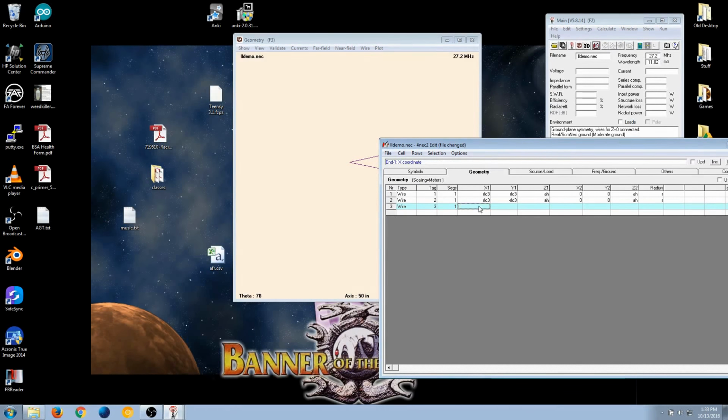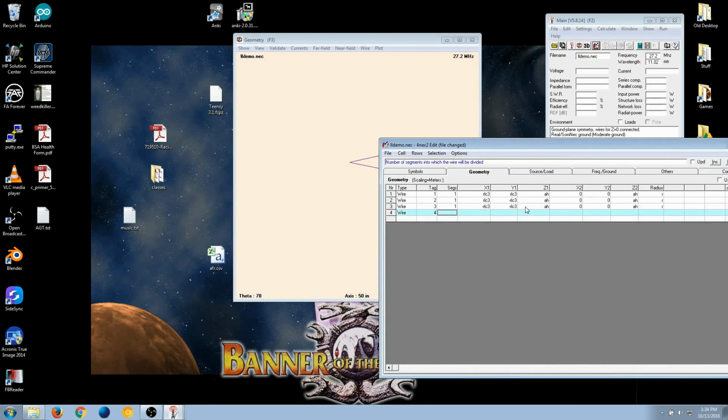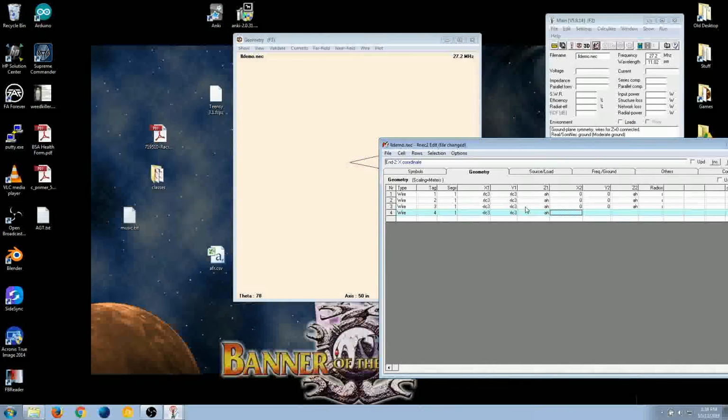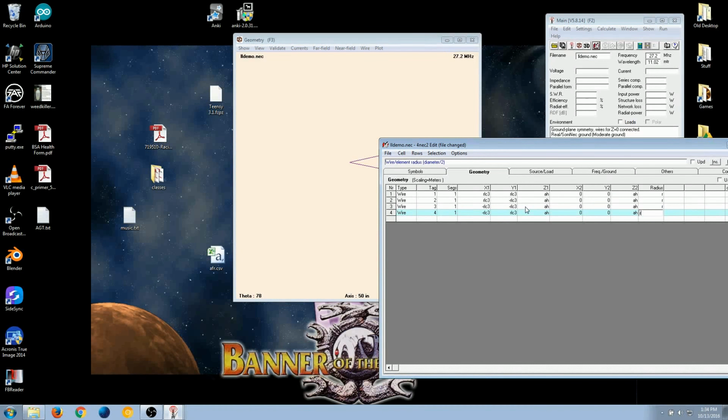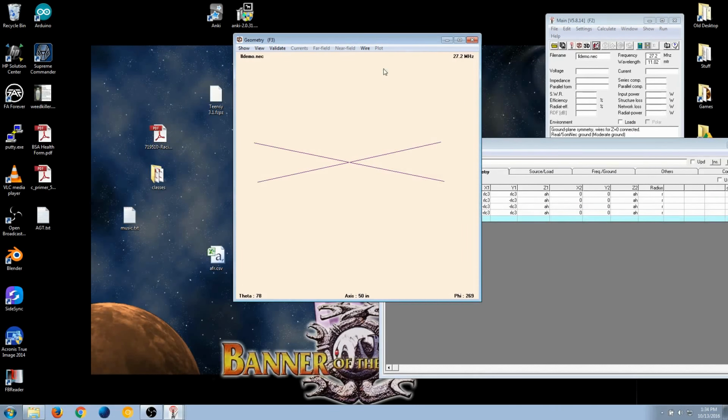Wire 3, segment 1, minus RLC, minus RLC, oops, AH, 0, 0, AH, R. Wire 4, minus RLC 3, RLC 3, AH, R. And now if we click into here, we have a full set of radials 45 degrees off of the